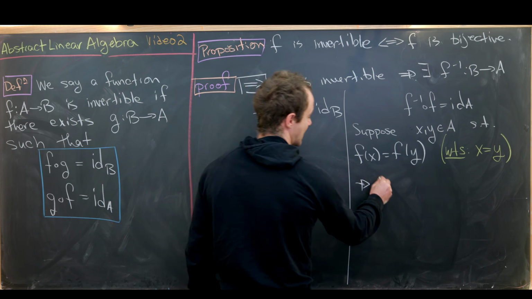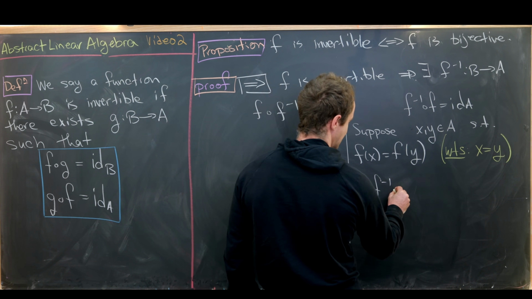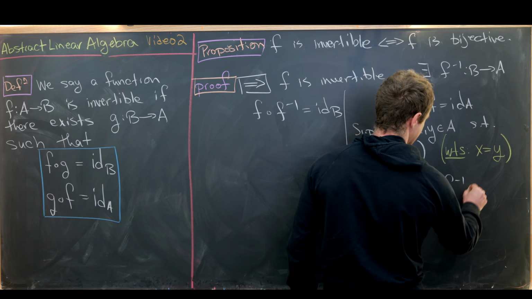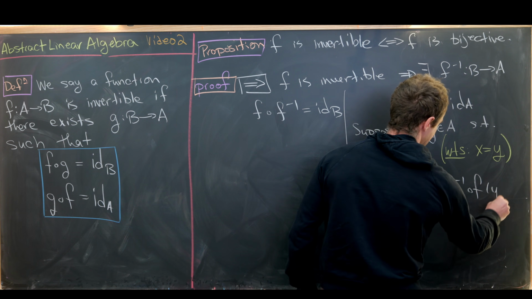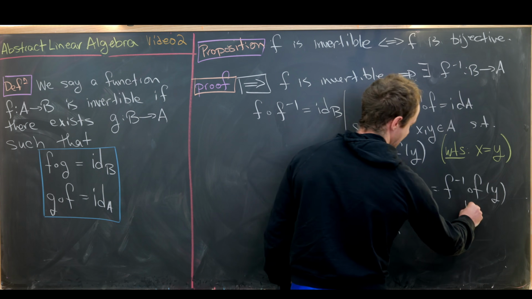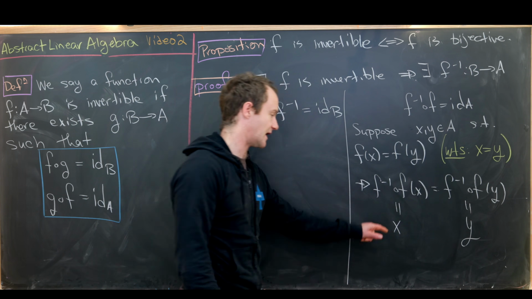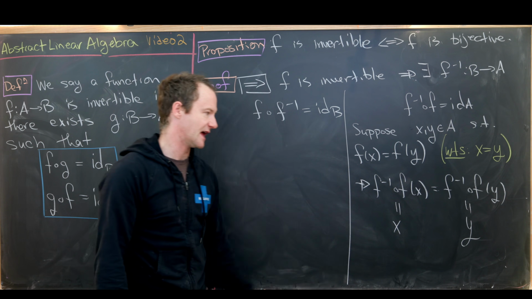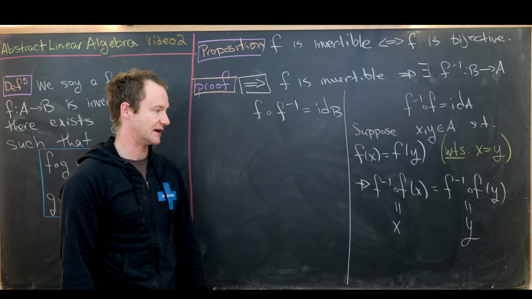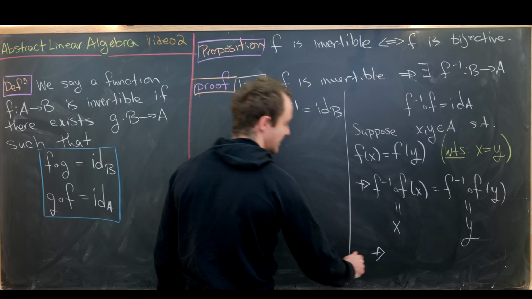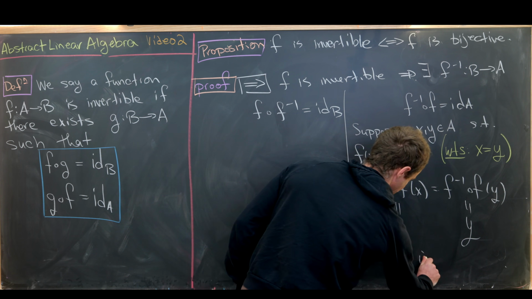So by applying F inverse to both sides, we get F inverse composed with F of X is the same thing as F inverse composed with F evaluated at Y. But this left-hand side is equal to X and this right-hand side is equal to Y, and that's because this is the identity function evaluated at X and the identity function evaluated at Y. So we finished the proof over here that F is injective,